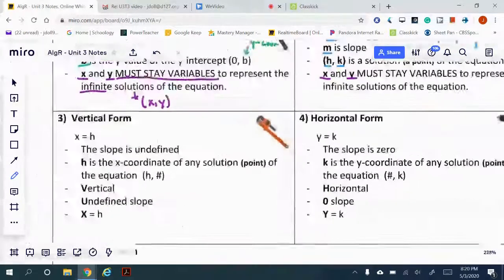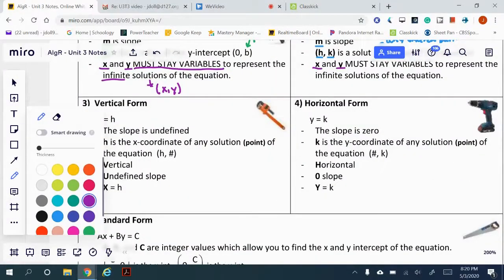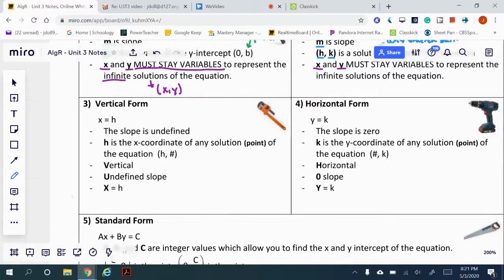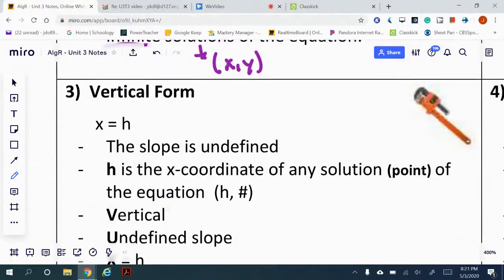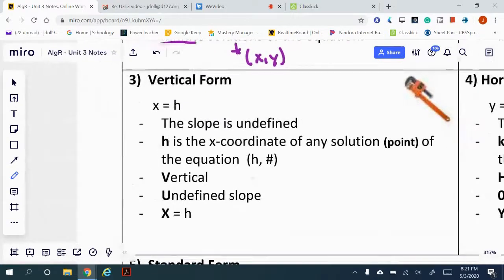All right, horizontal and vertical form. These are the easiest if we can remember them and keep them straight. Here's the deal: if you have a vertical line, all right, you have no y variable. Notice there is no y variable in vertical form. All right, h is the x coordinate of any point in the equation because every point will have the same x coordinate. So, for example, if I have a vertical form with a point 2, 1,